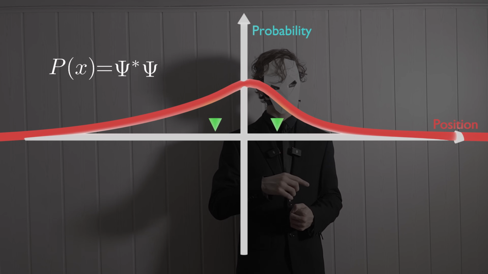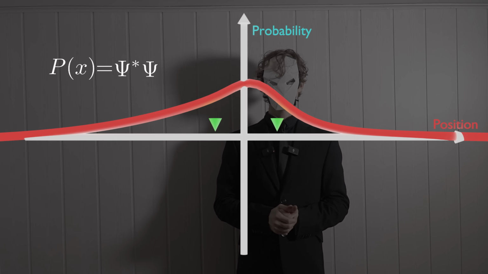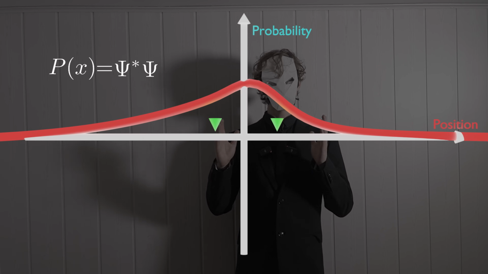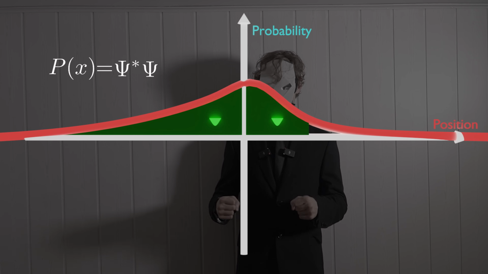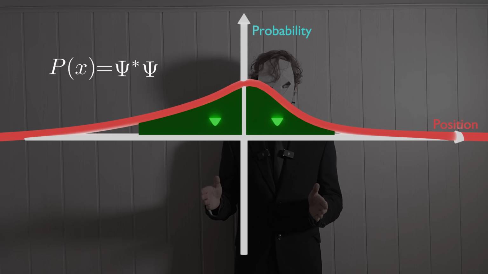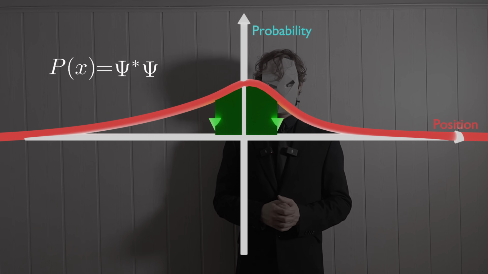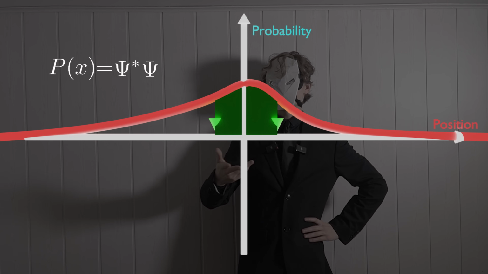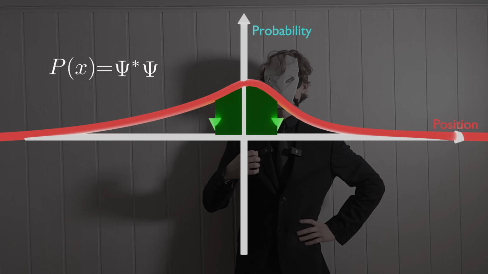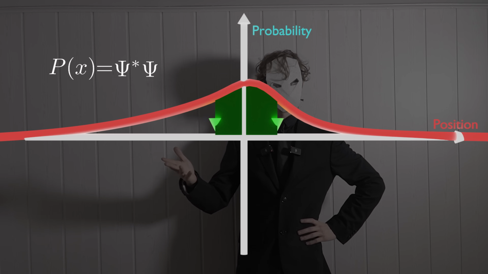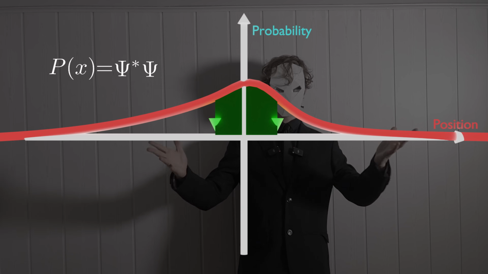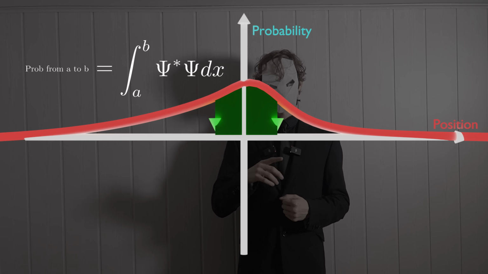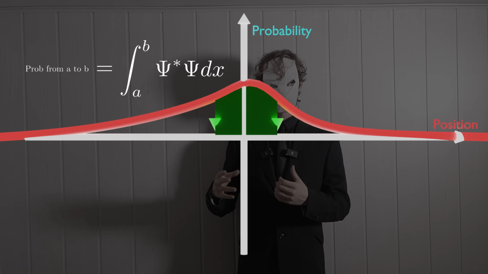And if we rewind back to the probability segment, you should know that the probability of finding the particle in between point A and point B would be just the area under the function in between point A and point B. That's probability. And oh boy, what is the operation that gives you the area under the function in between point A and point B? Well, that would be the integral. There we go. So we add in the integral, and we get an integral of psi complex conjugate psi dx.